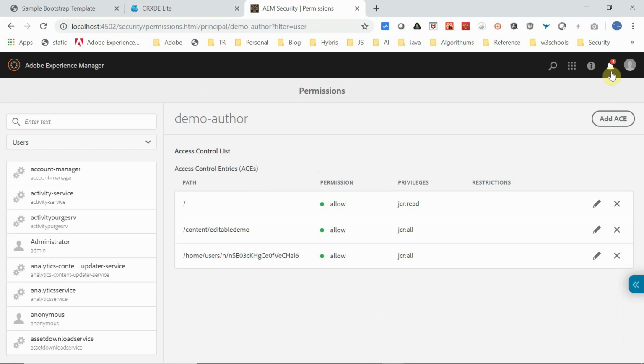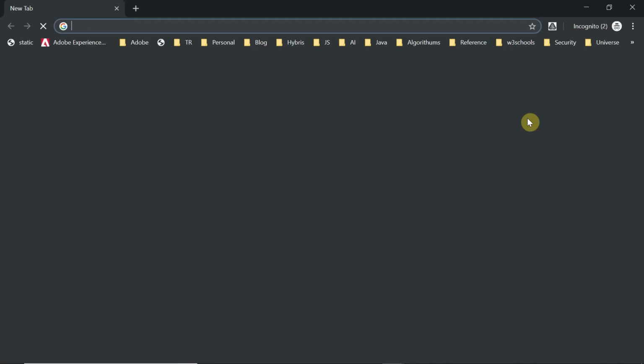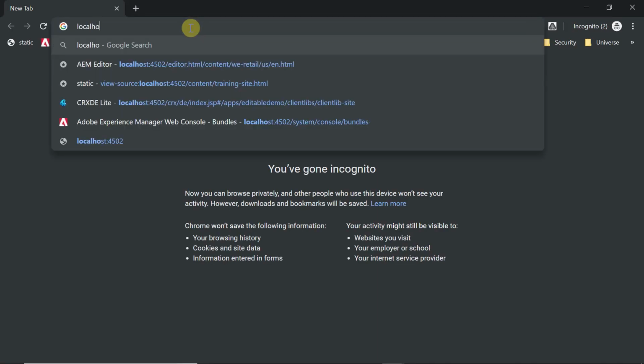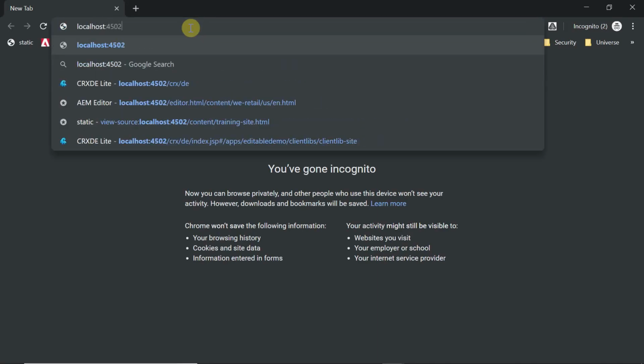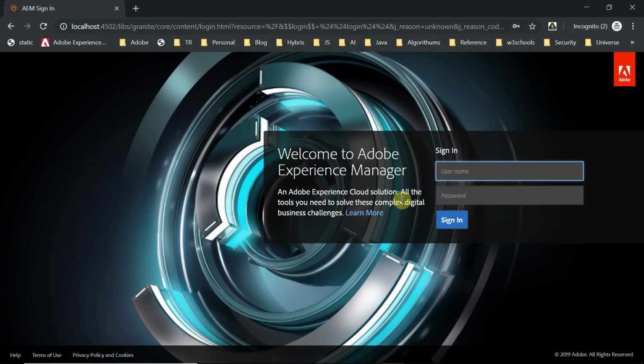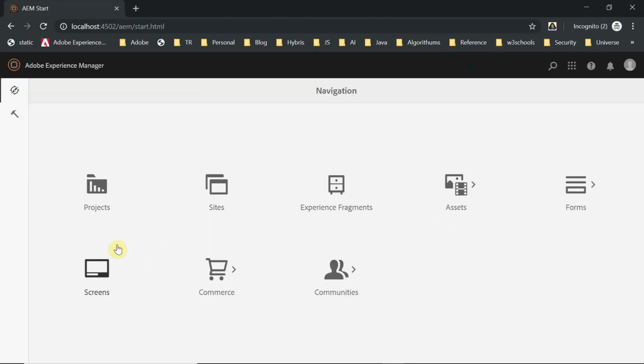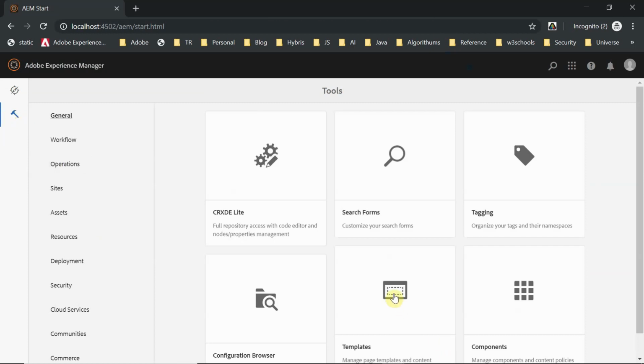Now we need to log in as a template author and configure the template. Let me go into a separate window. Demo template author, same password. This is fine. Now go here again. There's a templates option.